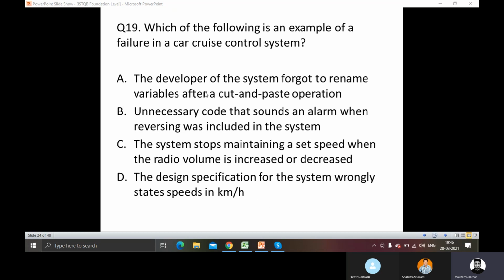For any system they have built, like car cruise control, you will get this kind of question every time. The correct answer is that the system stops maintaining a set speed when the radio volume is increased or decreased. This option C is related to the application. If you look at the other options, they are talking about something from the development team, not related to the product. They are talking about the process they followed, but option C is only mentioning the